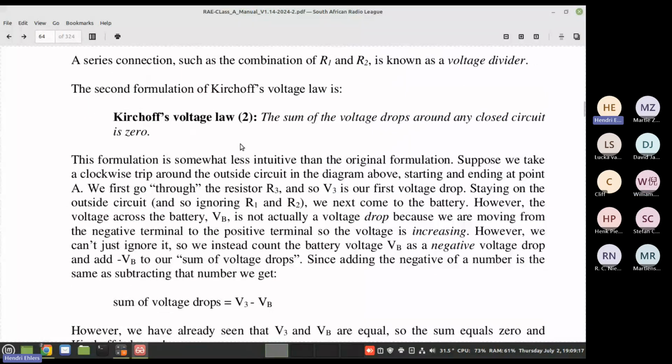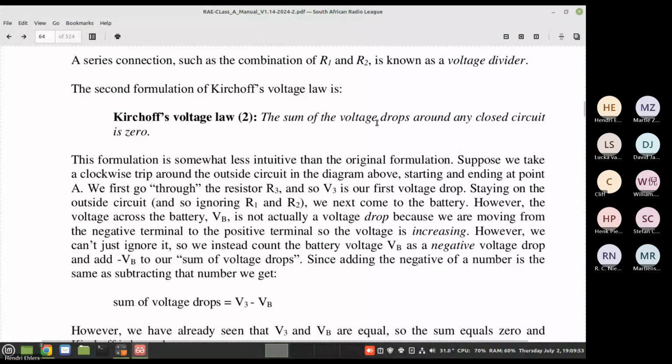Did I pause it now? Right. So if you read this explanation, what they actually refer to here is that it's a negative voltage. So you actually add your voltage drops to the voltage. Say for argument's sake, we've got 2 times 5 volt voltage drop in the two resistors. We'll have, for argument's sake, minus 10 volts plus 5 plus 5 gives you 0. So that's how they get to the 0.